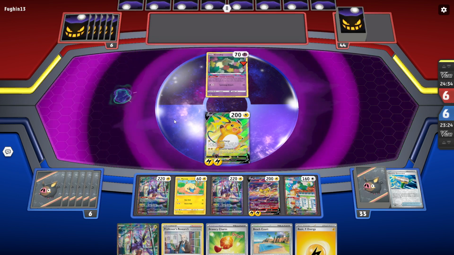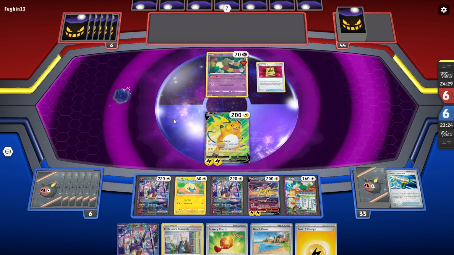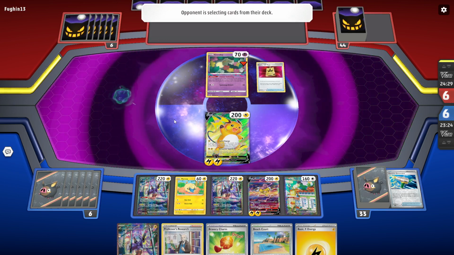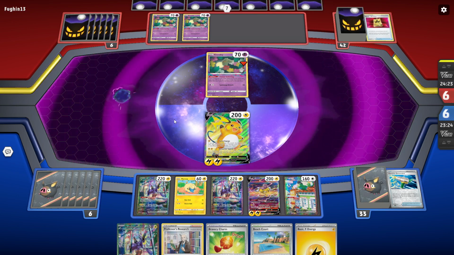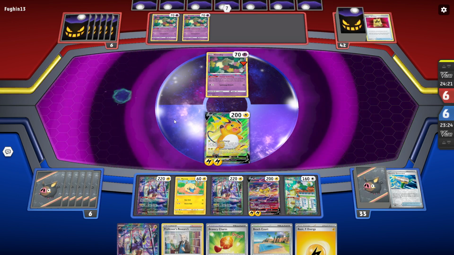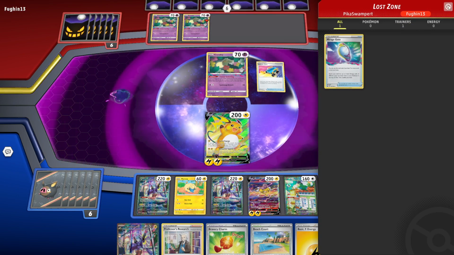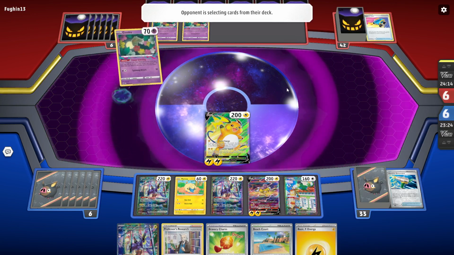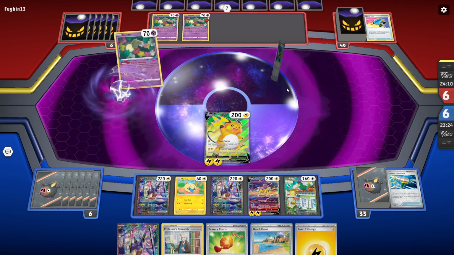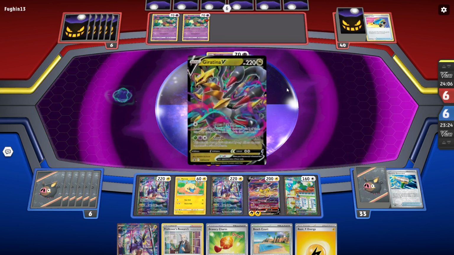They did pitch a Mirage Gate, so that leads me to believe that they found something. And here we go. Battle VIP Pass, that's probably what they drew. So they're going just 3 Comfy. So really trying to maximize that draw power and getting those cards into the Lost Zone. So we're in probably for a little bit of a painfully long game. I'm going to be completely honest here. Just because they're going to sit there with all their 1-prizers, and we're going to have to slowly...